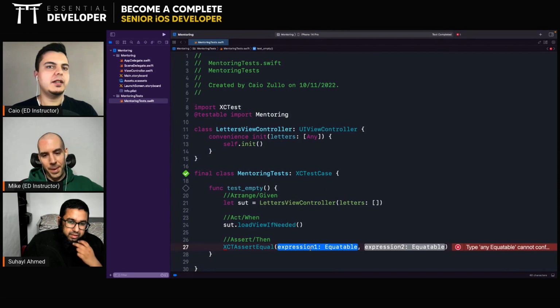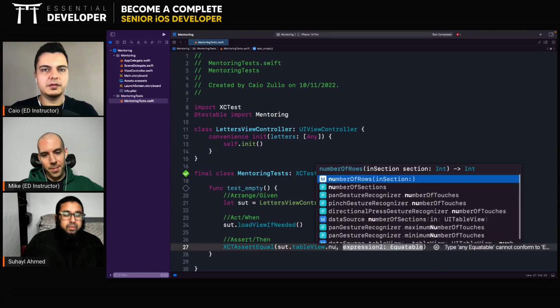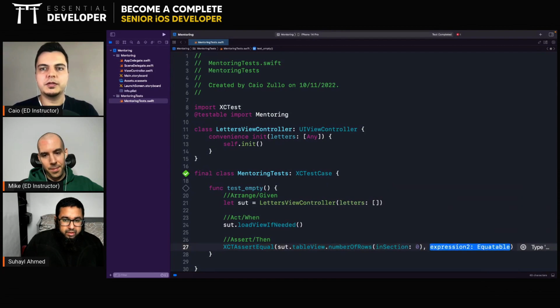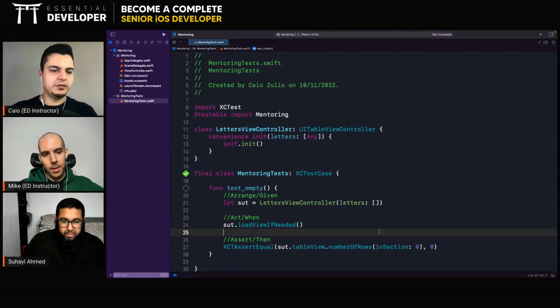No, we can check exactly, let's say if there's a table view, for example, we can check the number of rows should be 0, right? This is one way of doing it. Another compilation error, so you just make this into a UITableViewController, for example, or a UICollectionViewController, whatever makes sense to your case.